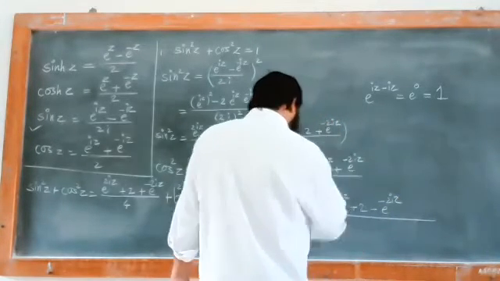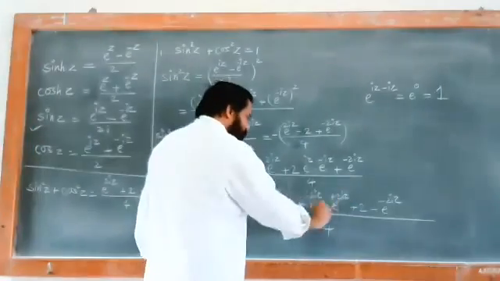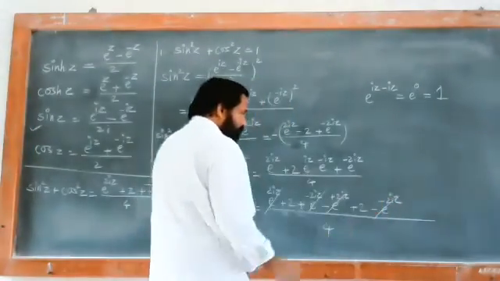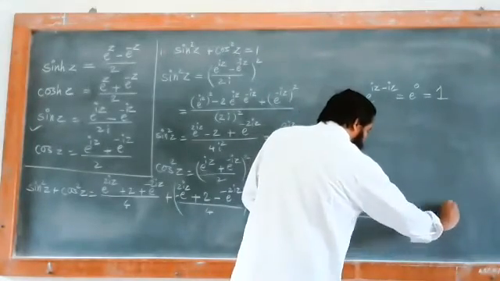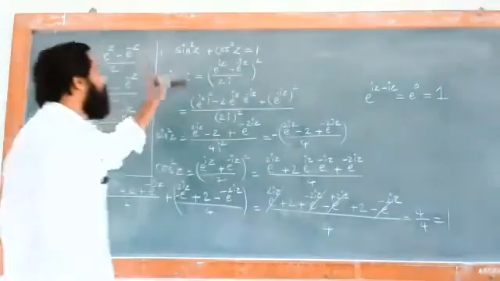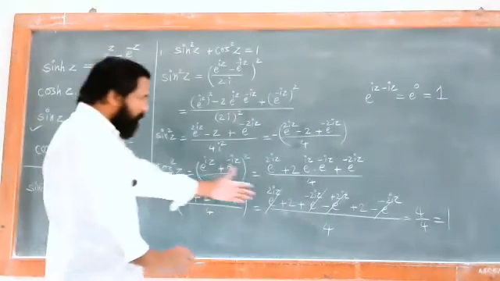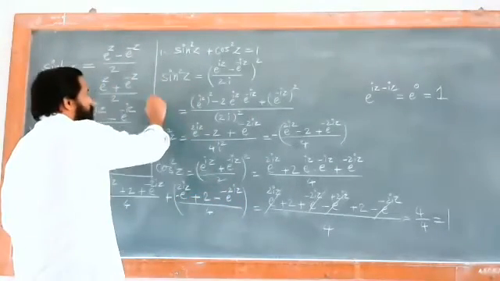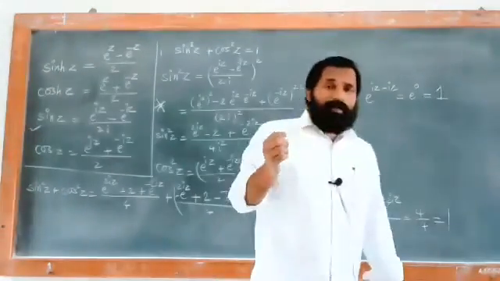So this is plus and that is minus. So this term cancels with that term, and what is left? That is equal to 4 divided by 4, which is equal to 1. That is sin squared z plus cos squared z is equal to 1. The next part is not that important; the important part is this. Many times it happens that we cannot do the square.